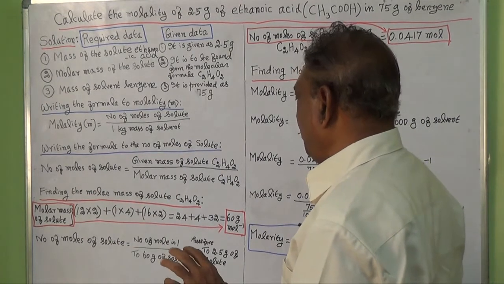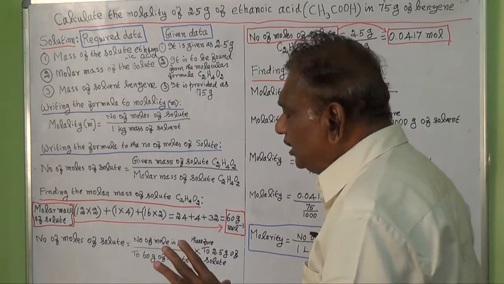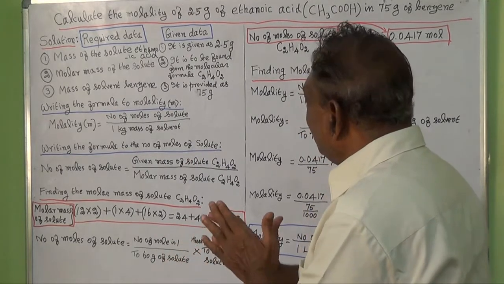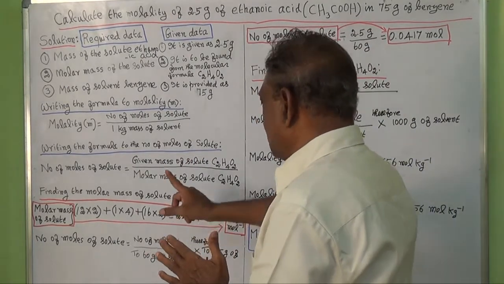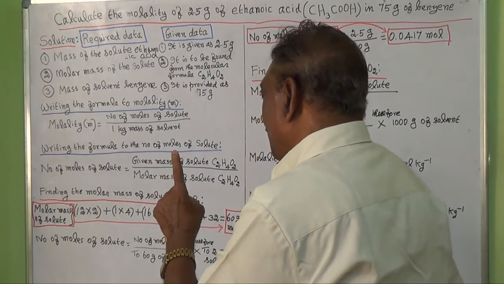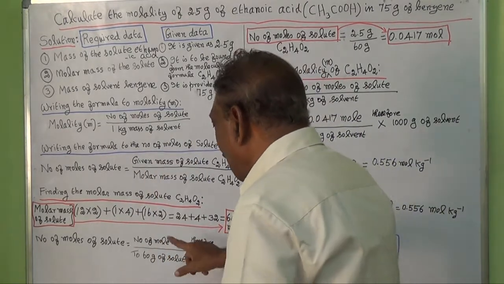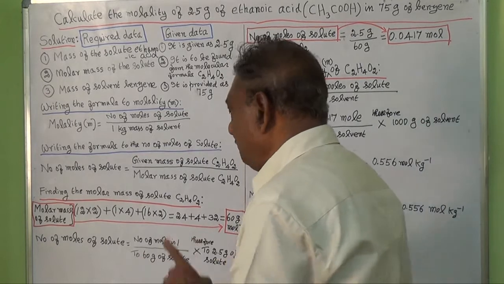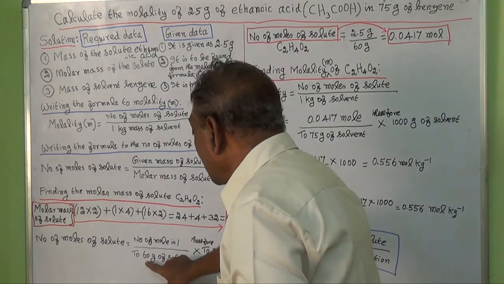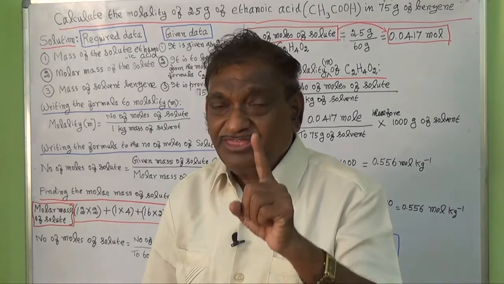So, the next step is to find the number of moles of the solute. Before going to find the number of moles of the solute, we can say the meaning of this equation. What is the meaning of this equation? If the mass of the solute is given as 60 gram, the number of mole will be 1. Why? This 60 gram is the molar mass. We know that in 1 molar mass there is 1 mole.